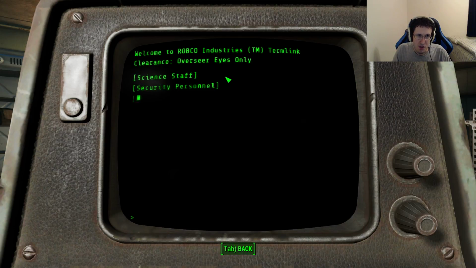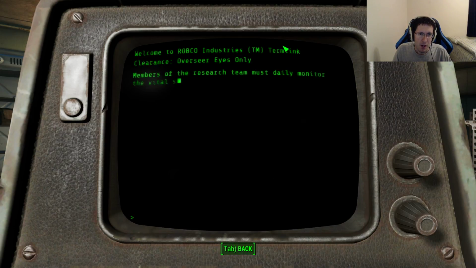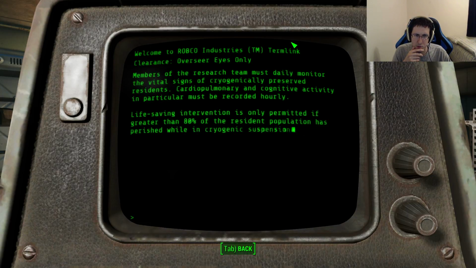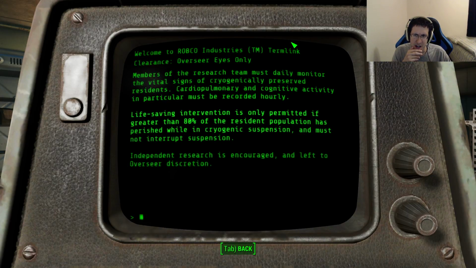Staff duties. The science staff. Members of the research team must daily monitor the vital signs of cryogenically preserved residents. Cardiopulmonary and cognitive activity in particular must be recorded hourly. Life-saving intervention is only permitted if greater than 80% of the resident population has perished while in cryogenic suspension and